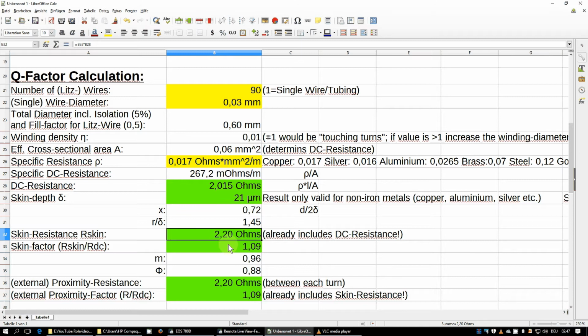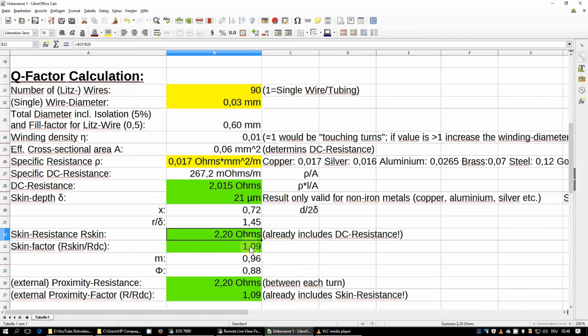And the skin factor, that is the ratio between the pure DC resistance and the DC resistance including the skin effect, is just 1.09, which means we only have a 9% added resistance due